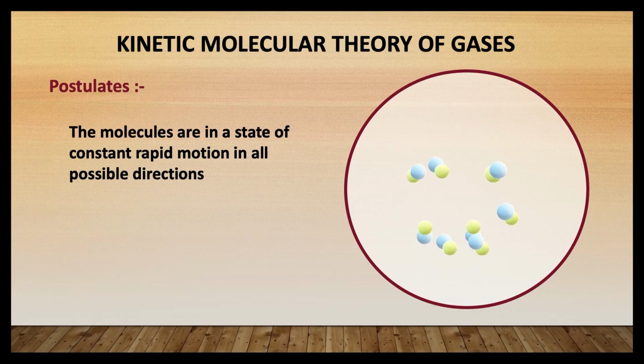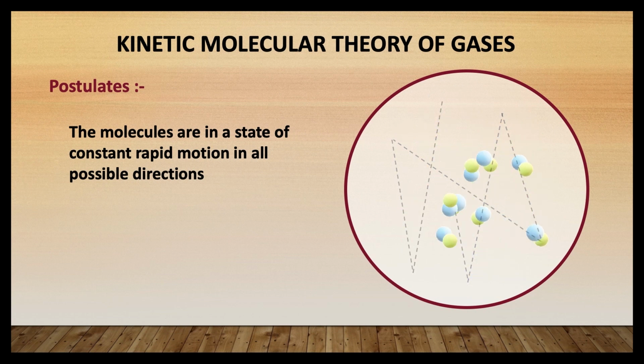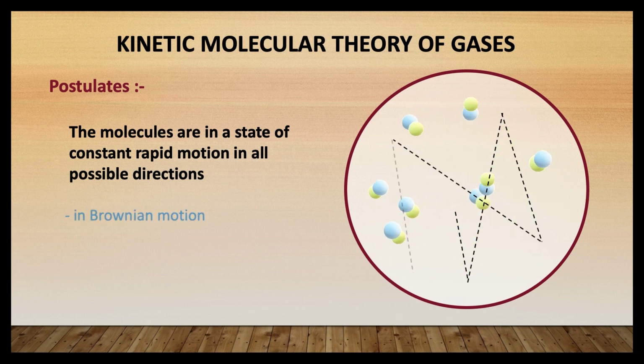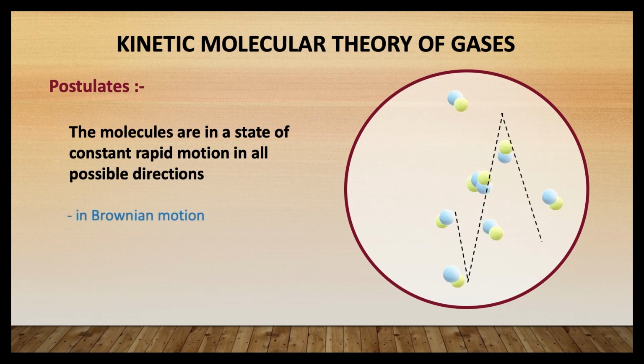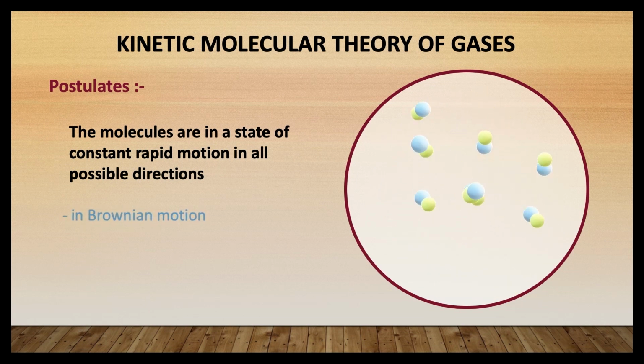The next postulate says that the particles of gases, whether atoms or molecules, are not static and move randomly, taking straight line paths. This movement of gas molecules in different directions is called Brownian motion. Their speed and direction change when they collide with one another or with the walls of the container. Explaining more clearly, suppose we are in a cinema theatre, the haphazard motion of the gas molecules can be observed in a beam of light falling on the cinema screen. The solid dust particles are hit by gas molecules present in the air and these dust particles come into haphazard motion known as Brownian motion.